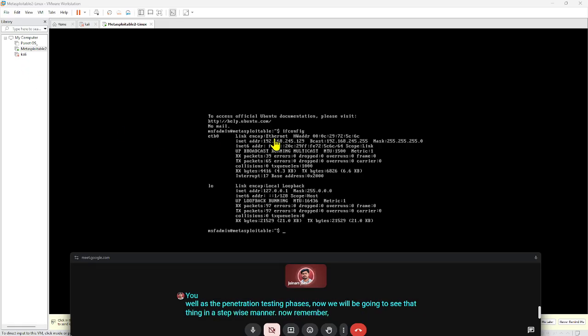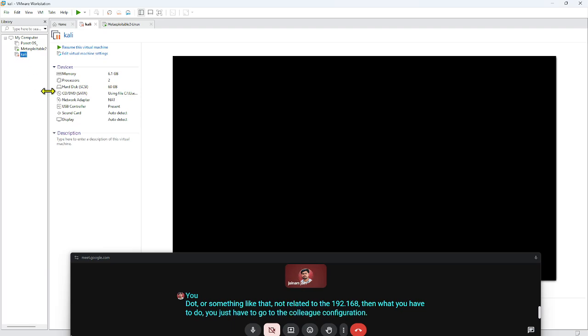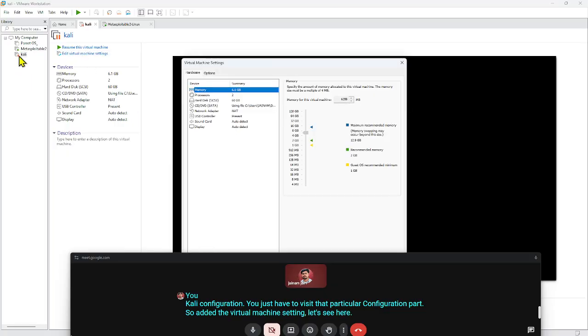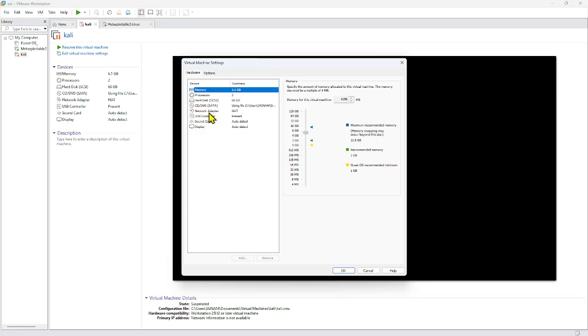Now remember one thing: if you are not seeing an IP address like 192.168.245.129, it might be different for you, but if it is something like 10.20 or anything not related to 192.168, then you have to go to the Kali configuration and visit the configuration part. Edit the virtual machine settings. Let's see here. After double clicking on it, you just have to go to the